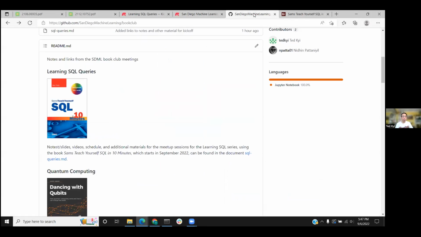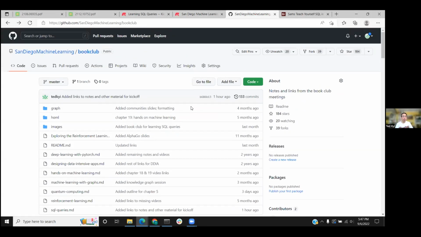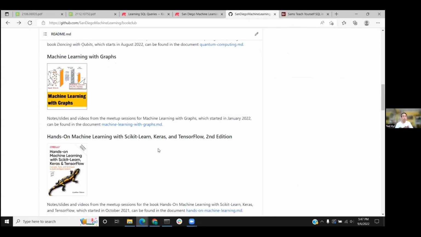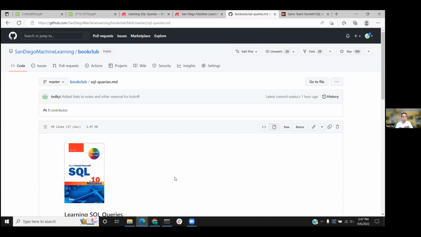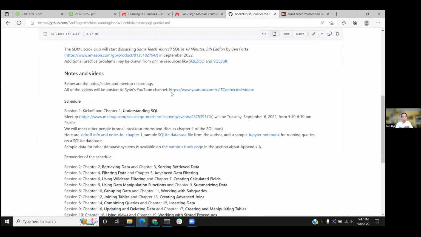We do have a GitHub repo. Actually, we have two of them. So the book club repo lists all the different books that we've discussed, the current and the past ones. If you take a look at the SQL page, it will have information on, and a link to, the book, and then the meetups. For example, for this week, I've got the notes, as well as a sample database file that the author created, and a Jupyter notebook